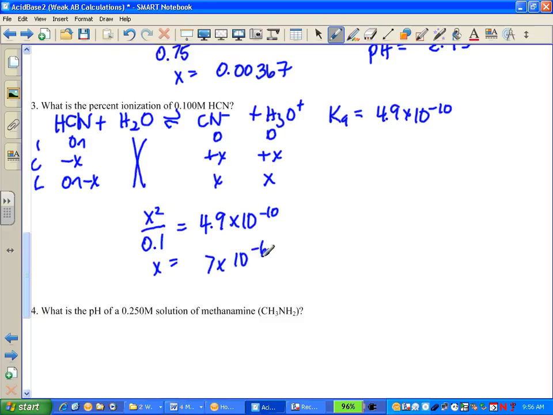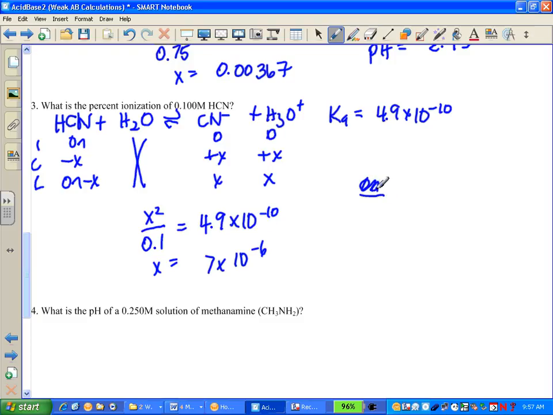Now in this case, it's not asking for the pH. I could find the pH. It's asking for the percent ionization. So what it's asking for is the percent of this 0.1 molar HCN that has been ionized. So the amount that's been ionized is X, or this value. So if we report that as a percent,